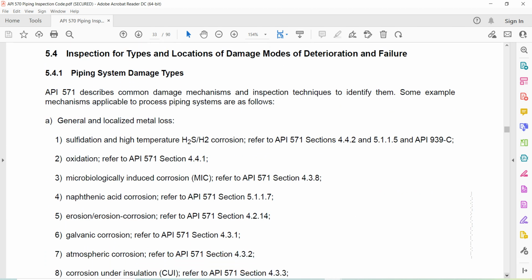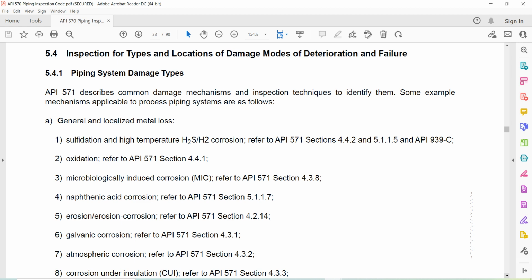Inspection for types and locations of damage modes, deterioration, and failures. Piping system damage types. API 571 describes common damage mechanisms and inspection techniques to identify them. Some example mechanisms applicable to process piping are as follows: general and localized metal loss, sulfidation and high temperature H2S/H2 corrosion, refer to API 571. Oxidation, refer to API 571. Microbiologically induced corrosion, MIC. Naphthenic acid corrosion,